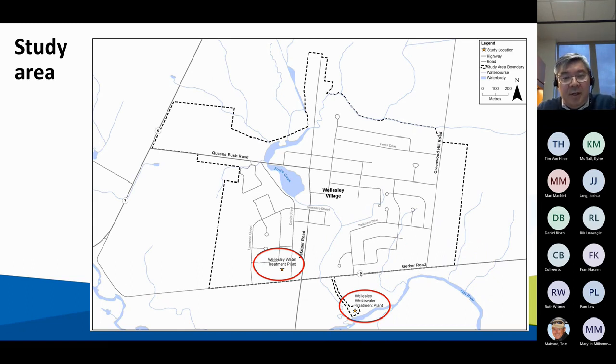So the preliminary study area that we're going to consider includes the village of Wellesley and surrounding future growth areas indicated by the dotted line in this map. The final study area may be modified based on recent amendments to the region's official plan, and updates will be reflected in future master plan communications. But generally, land use within the area is primarily classified as urban residential with scattered institutional and industrial land use. The location of our water and wastewater treatment facilities is shown here by the two red circles, and I'll talk about them in a future slide. Next slide, please.